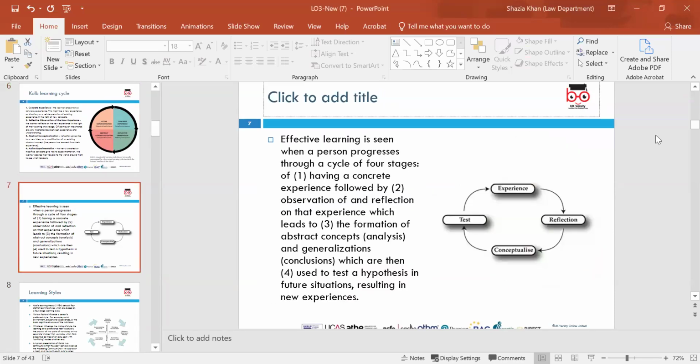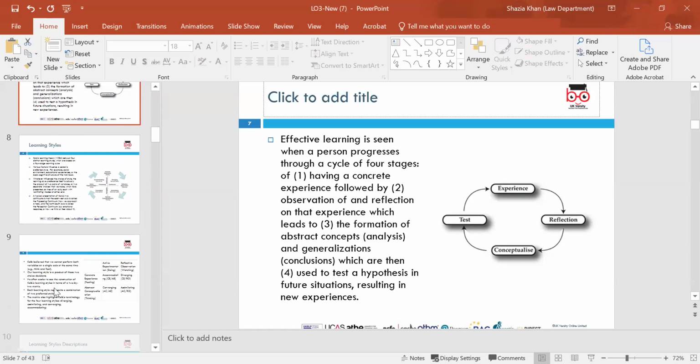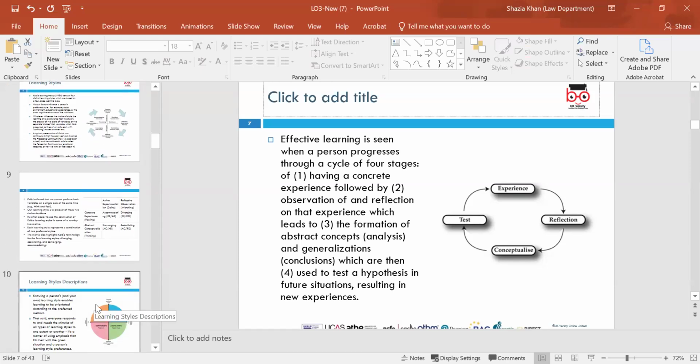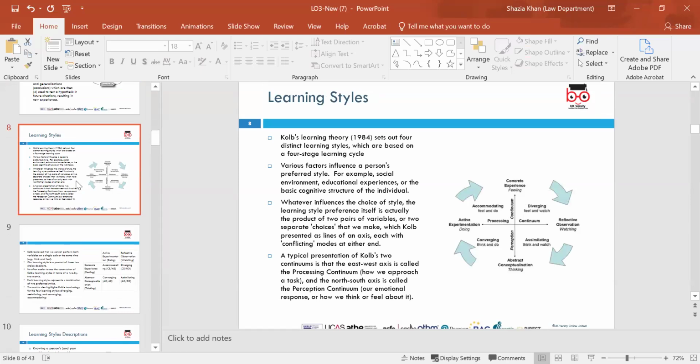And he identified that it actually involved four stages. So the four stages, as we said, his learning styles, was the four stages. First one, experience, reflection, conceptualize, and the test around it. And he looked at them in regards to how they work for him. And Kolb's theory, as we said, set out four diverging learning styles as well, which we'll look at in a little bit.